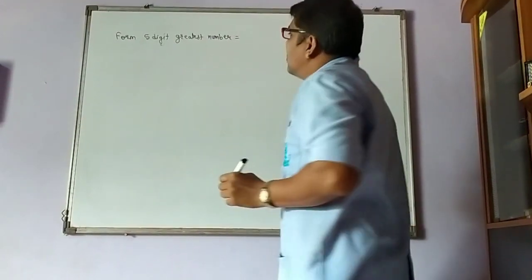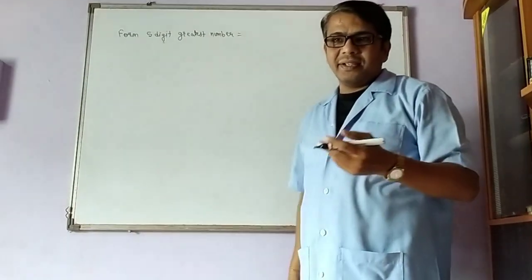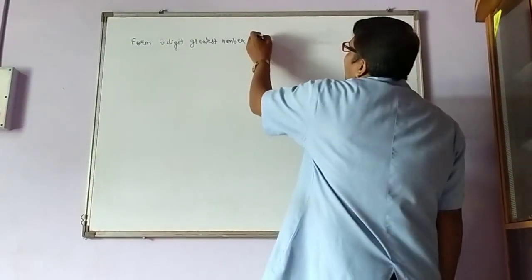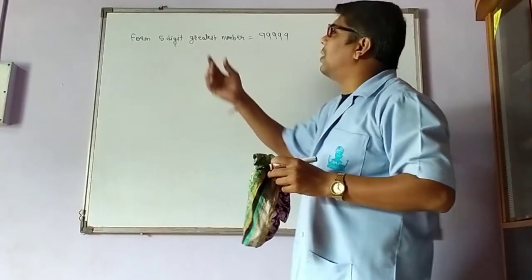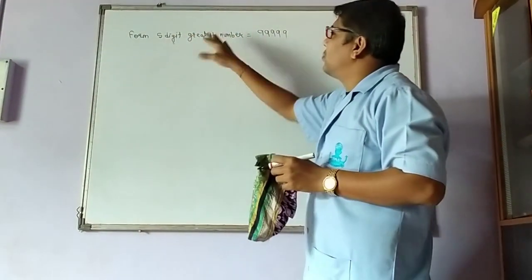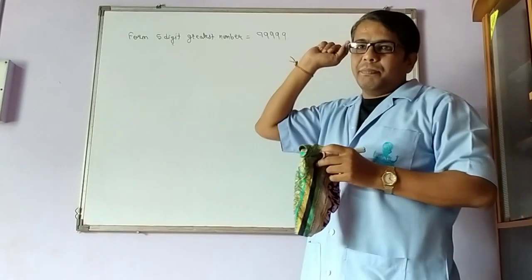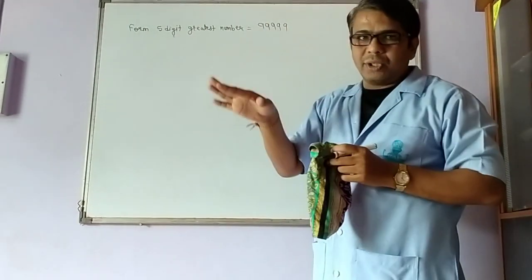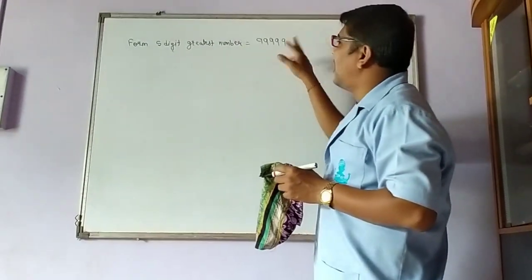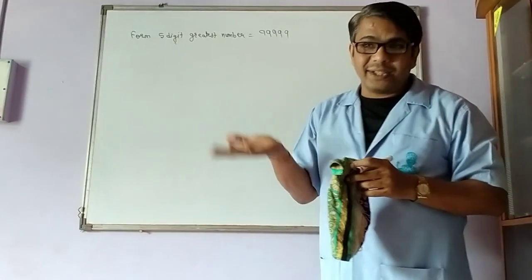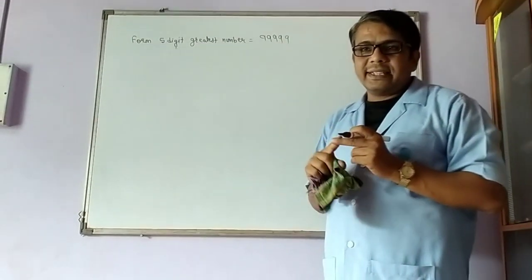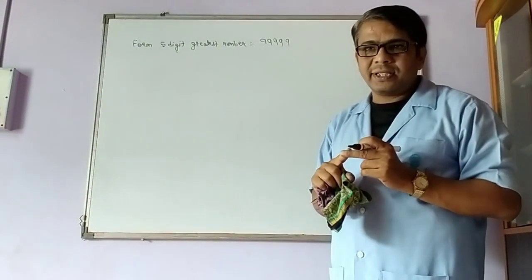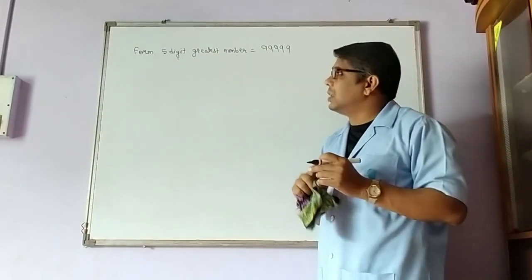Now, from 0 to 9, 9 is the biggest. So, 9, 9, 9, 9. Because I know I have to form a 5-digit number and I have to form the greatest number. So, the biggest digit from 0 to 9 is 9. So, I use 9 five times when digits are not given. Okay. So, you should always know all the greatest and smallest digits and numbers.